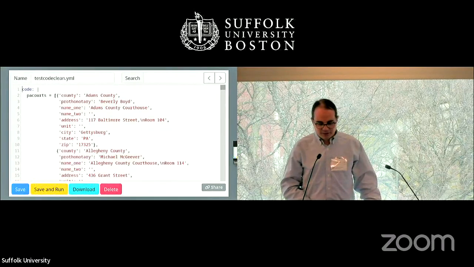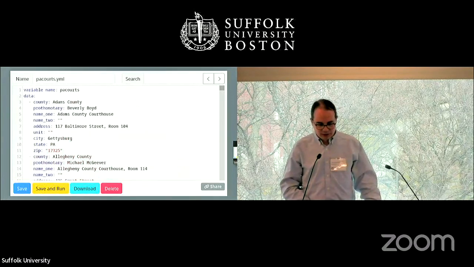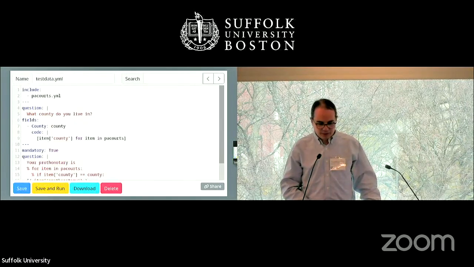But this is fairly neat. You could maintain this in your code. Another thing you can do is use a data block in docassemble, which you might have seen, where you can define a bunch of data in YAML format, and it works basically the same way. You get a list of dictionaries, and I can include that pacourts.yaml file in an interview and then use it